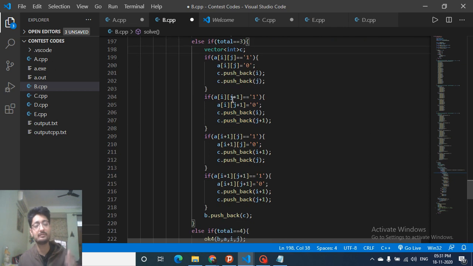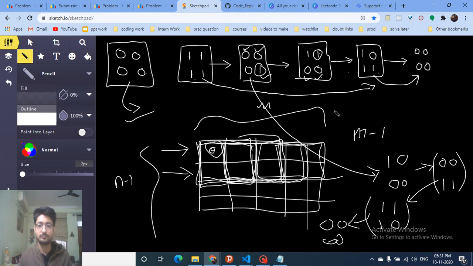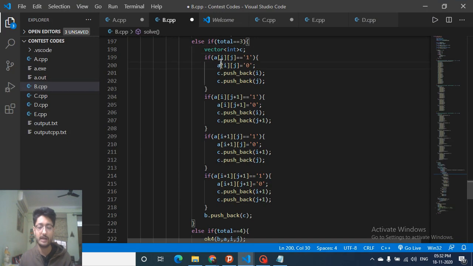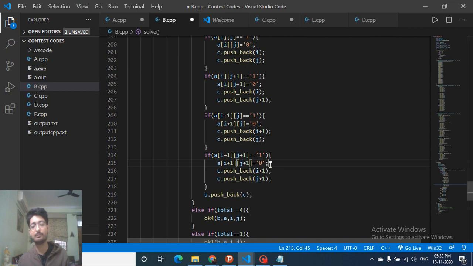There are 4 positions: this is i j, this is i j plus 1, this is i plus 1 j, and this is i plus 1 j plus 1. I will check all the 4 positions, and whichever of them are on, I will make them off and push that number, because I'm flipping those numbers.